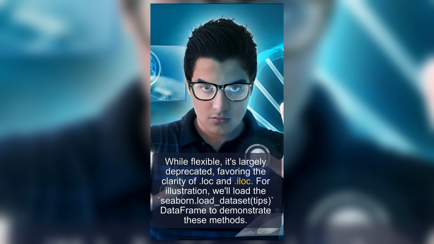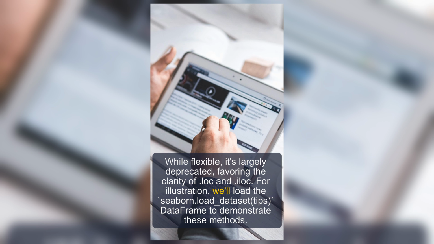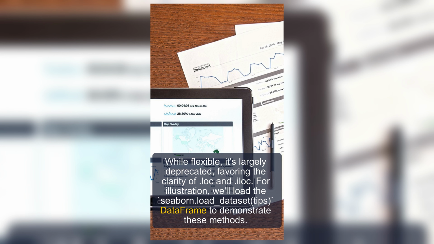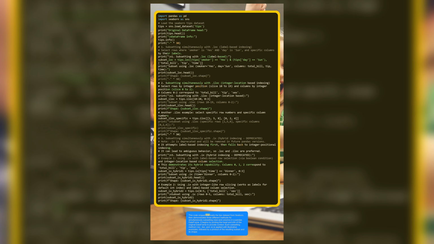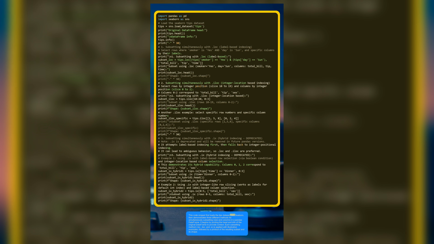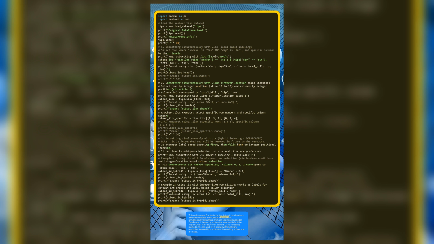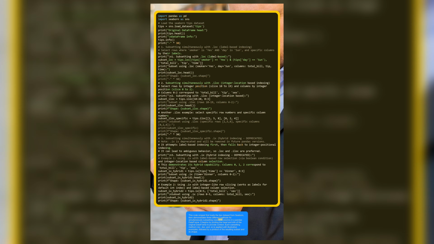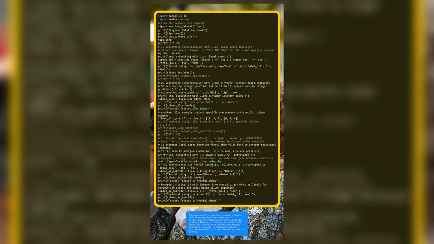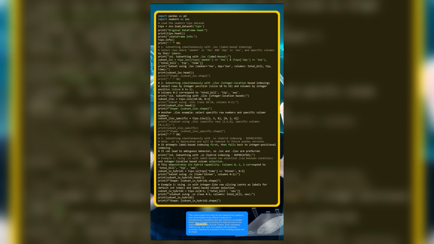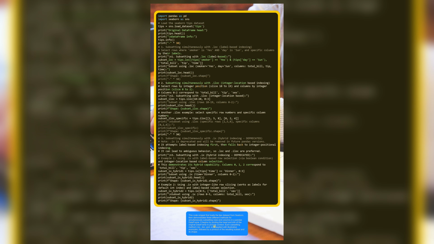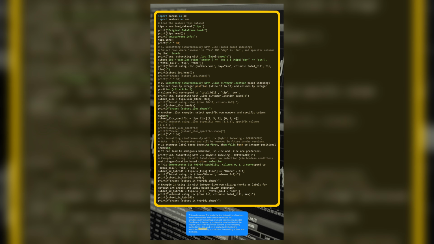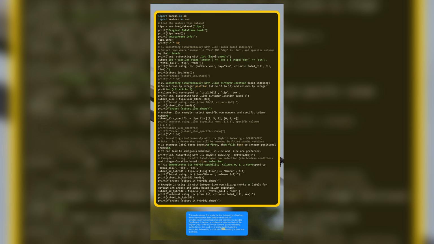For illustration, we'll load the Seaborn load_dataset tips DataFrame to demonstrate these methods. This code snippet first loads the tips dataset from Seaborn, then demonstrates 3 different methods for simultaneously subsetting rows and columns in a Pandas DataFrame. It begins by printing the head and info of the original DataFrame to provide context. Each subsetting method, .loc, .iloc, and .ix, is applied with illustrative examples, followed by a printout of the resulting subset